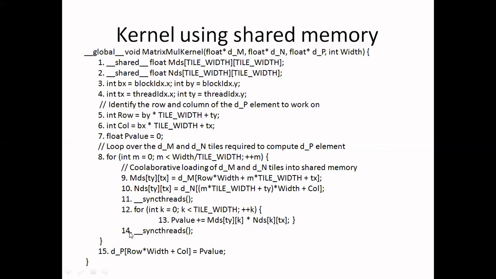Otherwise, what will happen if we do not use syncthreads? Some of the threads may execute it fast and go for the next iteration, and in the next iteration they may load new values, which may affect the results of other threads which are executing here. So we will synchronize here so that all the threads who need the data from the shared memory have completed their execution, and then again all the threads come together to load the data. We will repeat it for the number of phases.